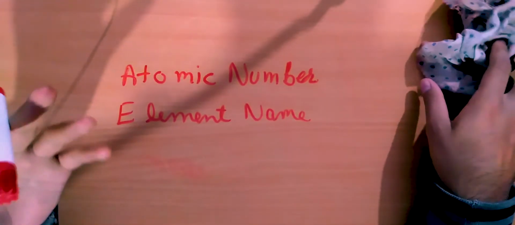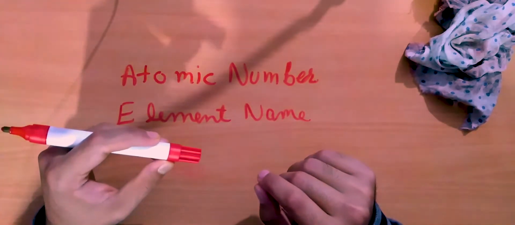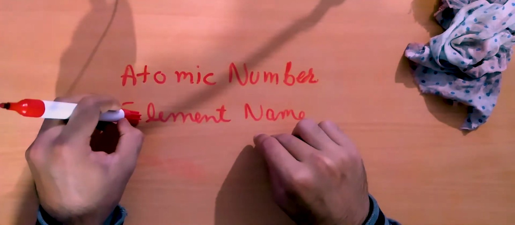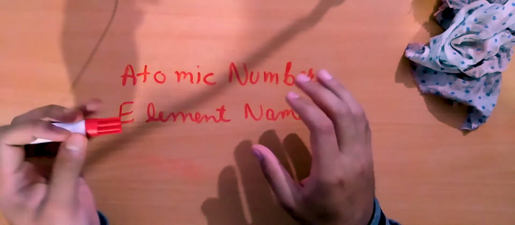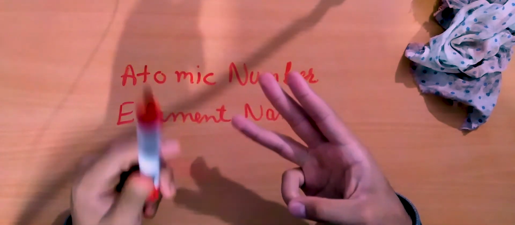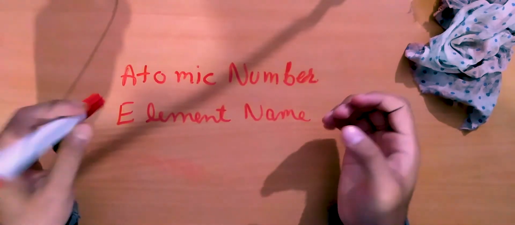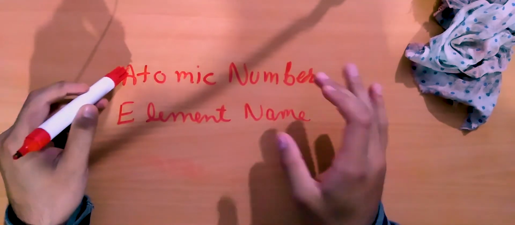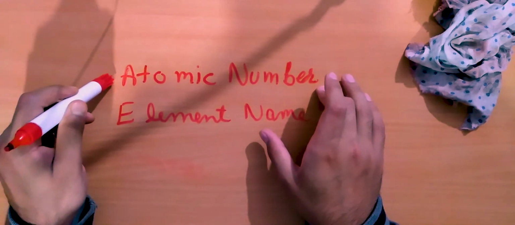So for example, if I take the example of a given class, all of you inside class 9 have different names, right? Everyone has a different name, just like elements have different names. Some element is called hydrogen, someone is called helium, someone is called iron, someone is called oxygen. Everybody has a different name, right? And every element also has a different atomic number. That atomic number is unique for every element.